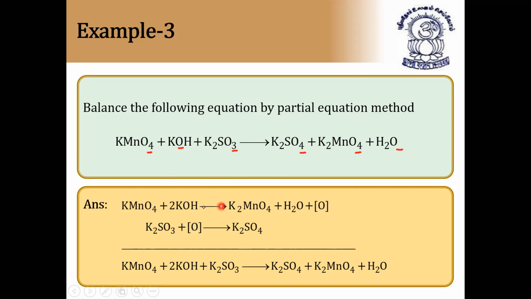This is called the partial equation method, balancing the following equation by partial equation method. Without knowing the intermediate, we cannot do the balancing easily, because this is the intermediate formed. And this intermediate formed is only one atom of nascent oxygen. In the previous question, 5 atoms of nascent oxygen because it is acidic medium. But in this question, only one atom of nascent oxygen, because here clearly we can say SO3 changes to SO4. SO3 changes to SO4 means one more oxygen should be there. I hope it is clear. So next,